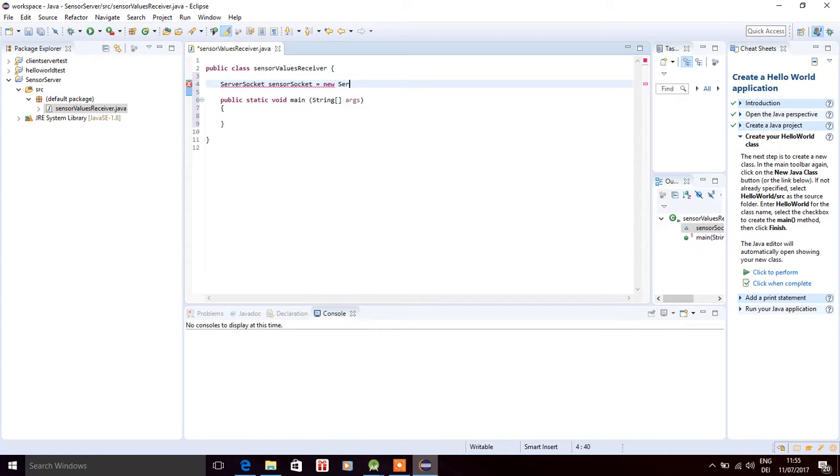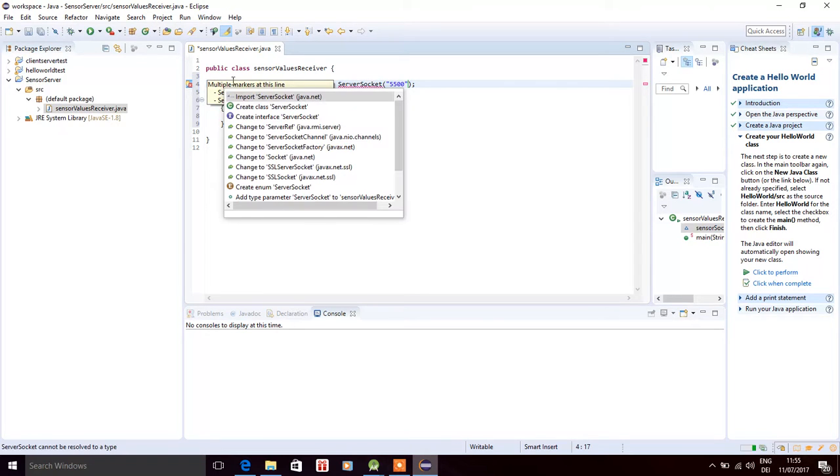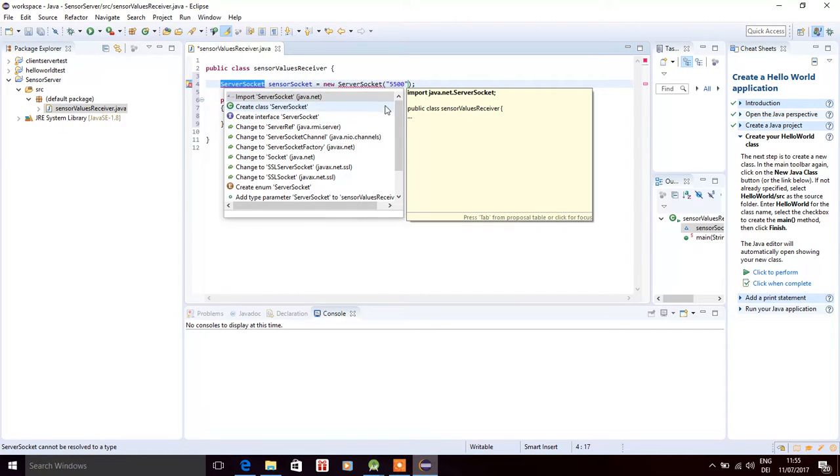New server socket, and inside we have the port on which the server is going to listen, but this needs to import the library which contains this. How? Because it says import,